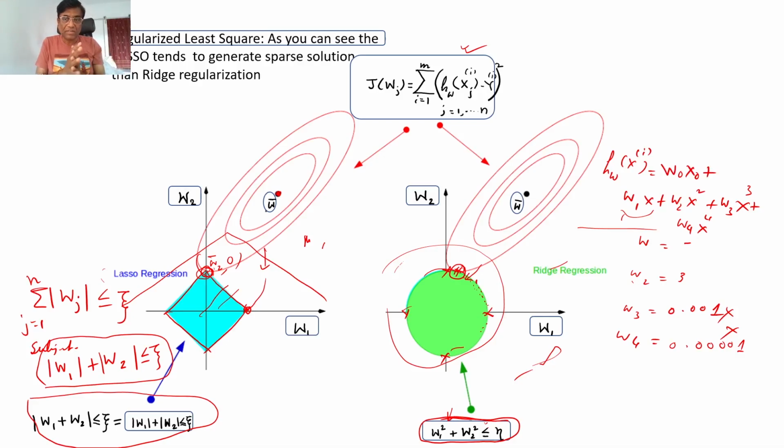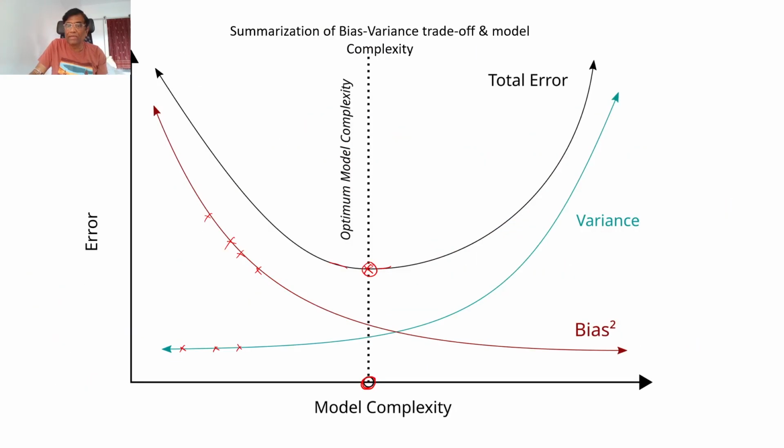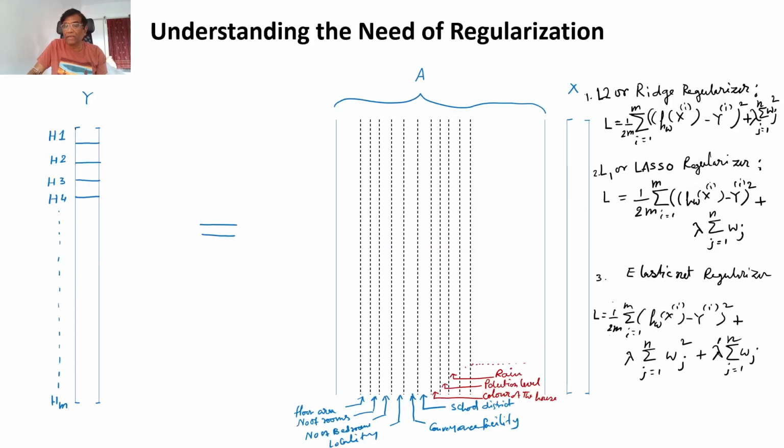Now the choice is yours what to use, and we do not know whether it is good to completely remove some of the parameters or it is good to keep them with lower values. So that's why, as I told you, we try to put both